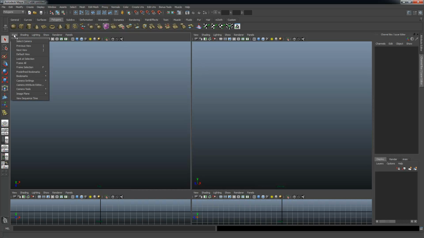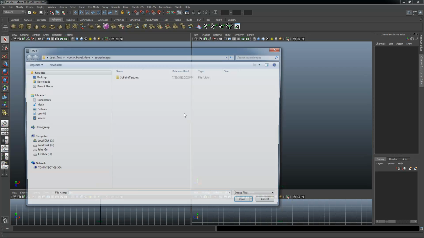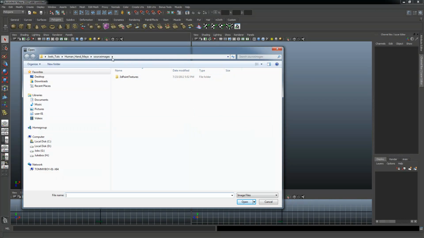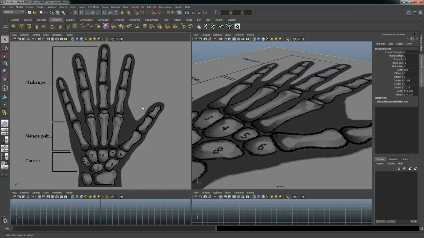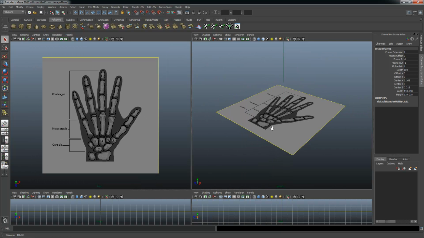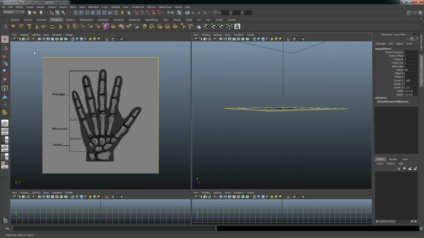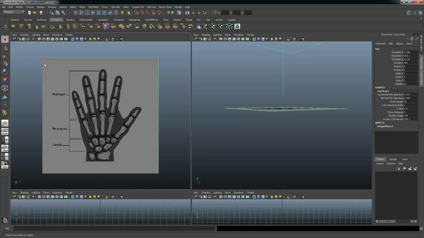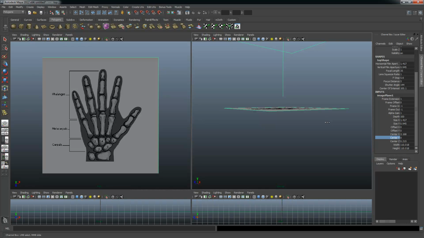So I'm going to go to View, Image Plane, Import Image, and then I'm going to go up one directory here, select my hand ref redux. Again, if I want to manipulate its position, I have to go to View, select Camera, and the top viewport, because that's where I created it. And I'm going to use the center Y, and I'm just going to drop it down